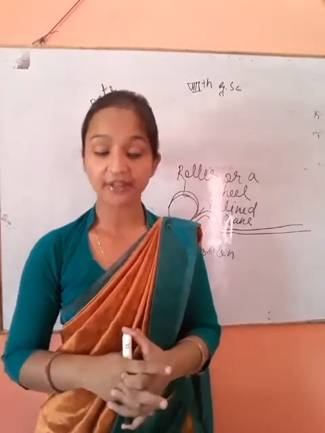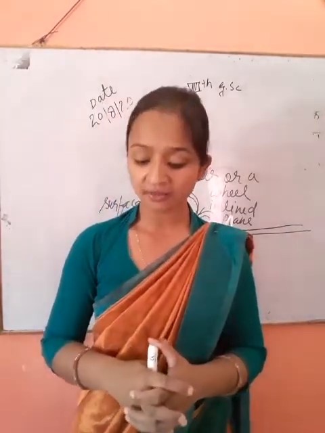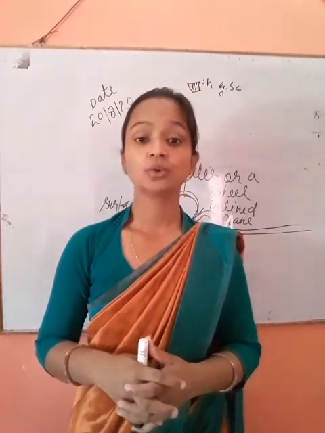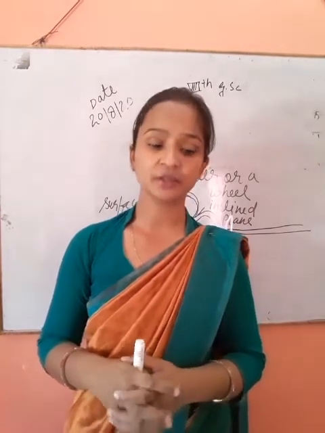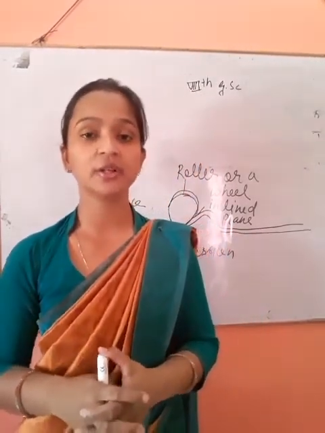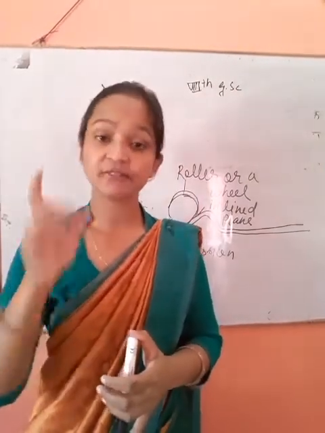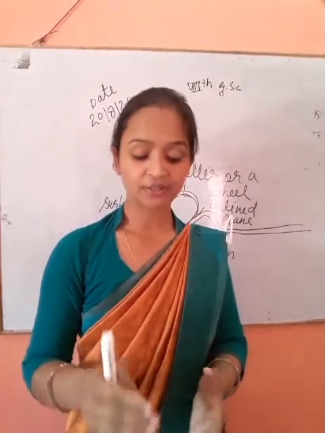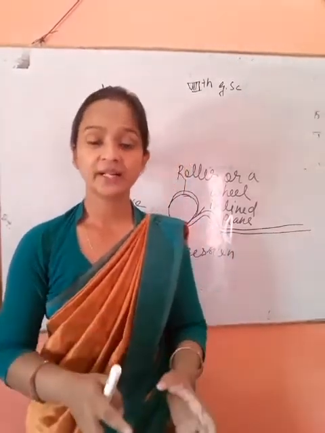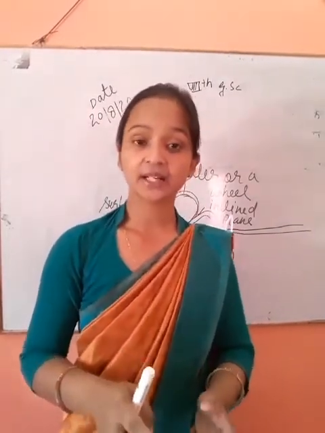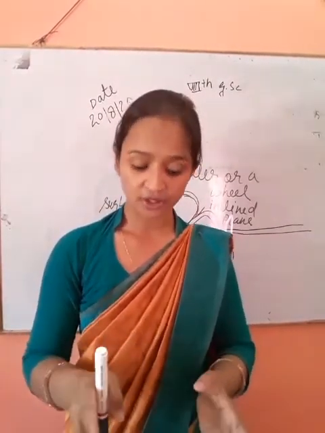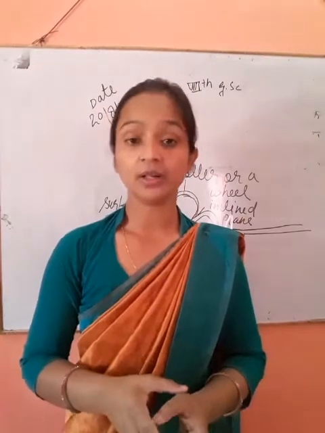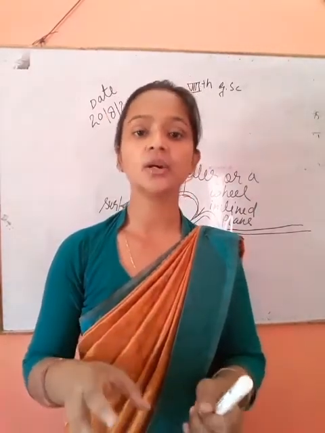Now the next topic is the effects of friction. What are the effects of friction? So in this chapter, what I taught today is rolling friction, and you will read about it properly. First you will read Activity 12.5, to prove that rolling friction is far less than limiting friction. Then after that you will read how rolling friction is caused, and then examples of rolling friction. And then the next topic is the effects of friction. This is all about rolling friction.